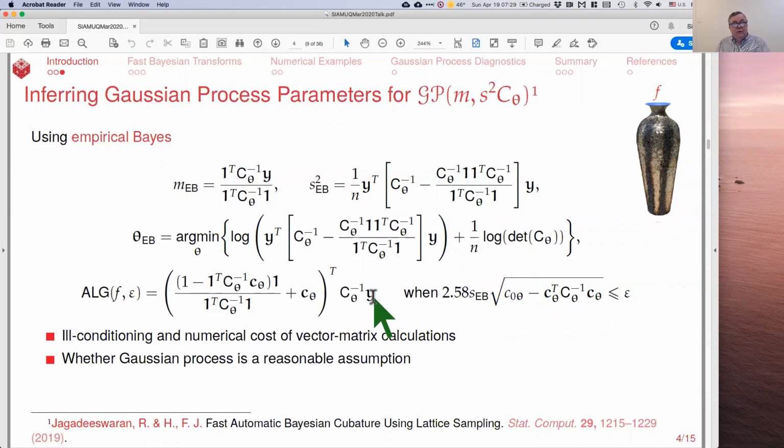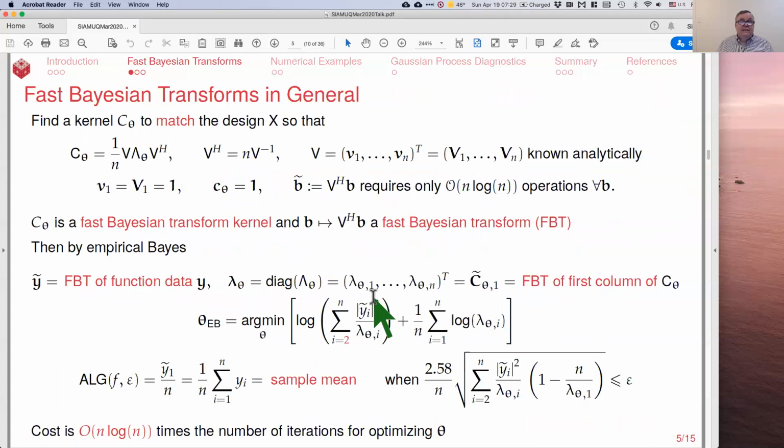Well, this helps us determine which n, but we still have to solve the problem of computational cost when n is large. And we still want to look at whether the function really looks like it came from the Gaussian process. So this is an idea that Jags and I introduced a couple years ago. It appears in the paper that I mentioned, and we've extended that idea since then, so I'd like to dwell on the extensions. But to give you the gist of it, we're going to write our Gram matrix